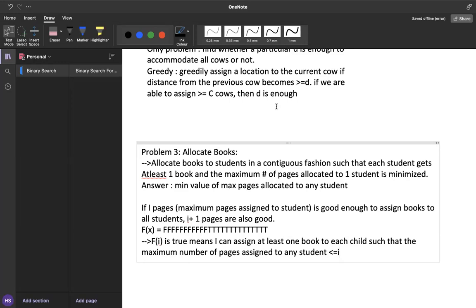Because anything which is less than or equal to I is also less than or equal to I plus 1. That goes on to prove that if f of I is true, then f of I plus 1 is also going to be true without any doubt.